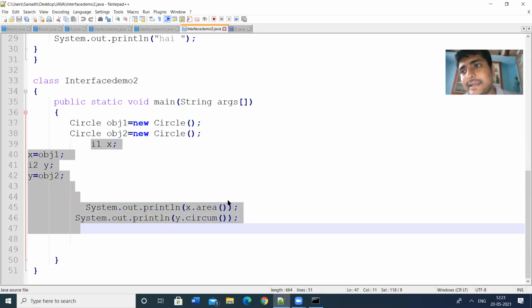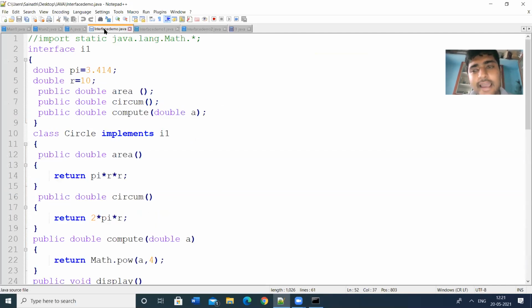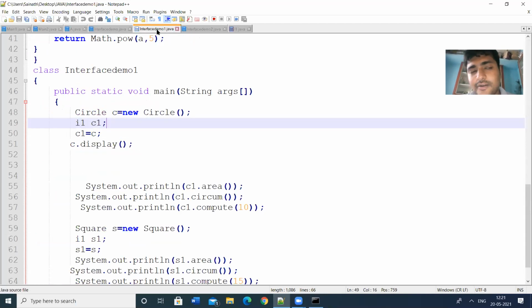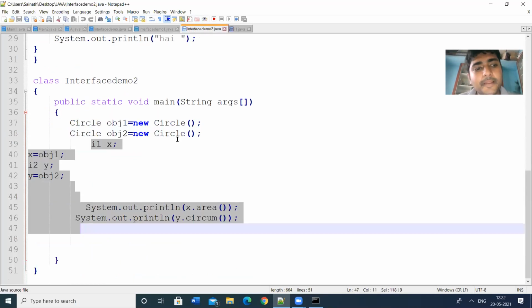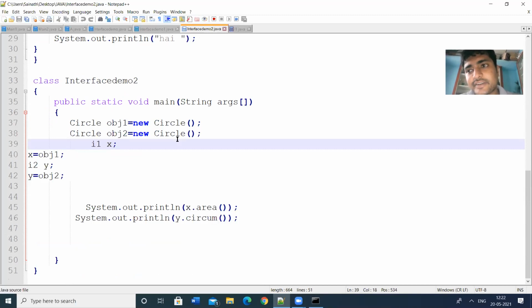So these are the three demo programs. In the first program, we accessed the methods through the class object. In the second program, we accessed the methods through the interface objects. And in the third case, we implemented multiple interfaces.